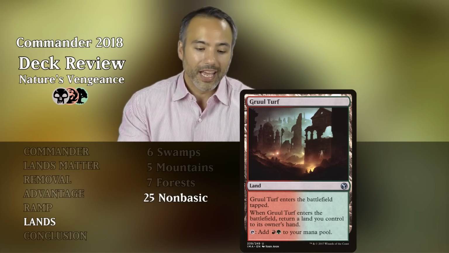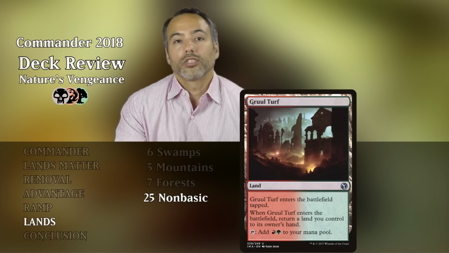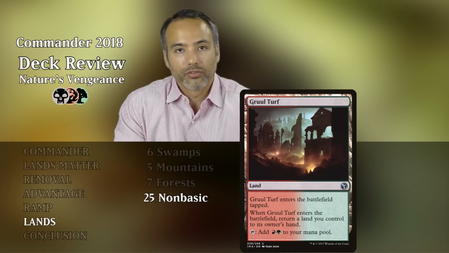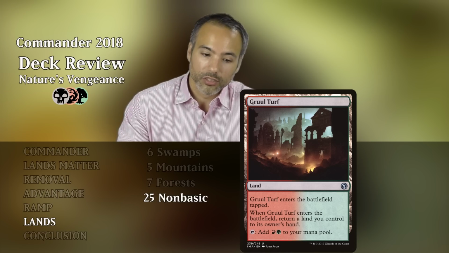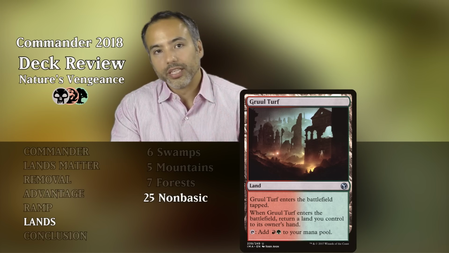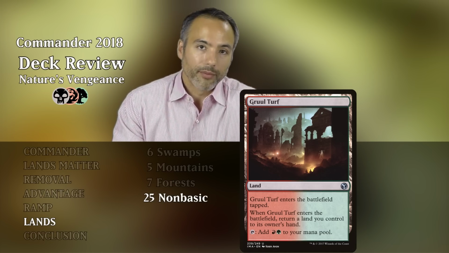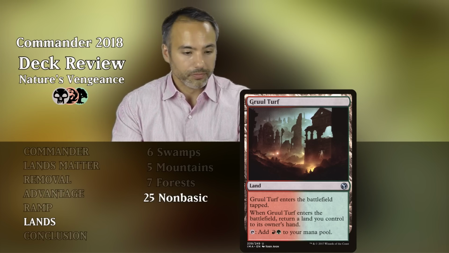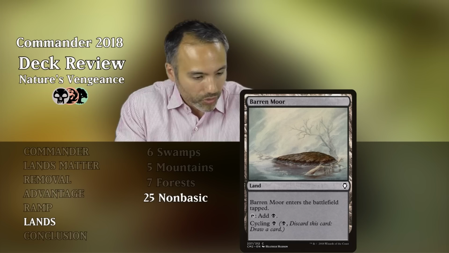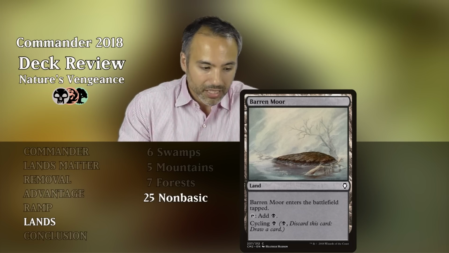us green and red. And of course, what's really cool is if we want to get those multiple landfall triggers, we just make sure that we can return Gruul Turf to our hand every single time, for example, and replay it every single time. And then, sure, we're not getting mana ramp, we're not getting ahead on lands, but we are getting a landfall trigger every single turn. Bloodfell Caves comes in tapped and gives us a black mana, but we can also cycle